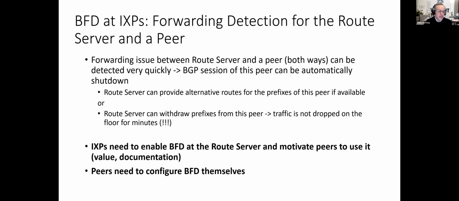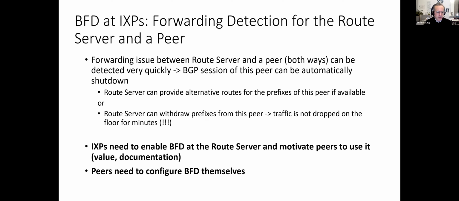And if there is not an alternative route for these prefixes from the peer, it can just withdraw the prefixes from this peer, and so traffic does not get dropped on the floor for minutes, because that is what would happen with the BGP hold timers until they expire. So it can react very, very quickly, in the range of milliseconds. And so traffic gets routed away from the IXP, which has an issue, into transit or whatever other solution the